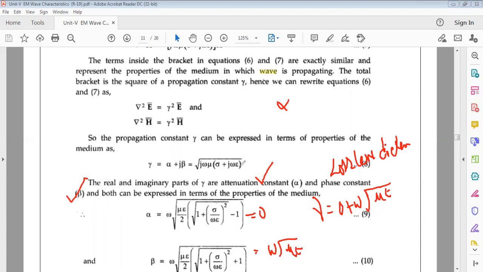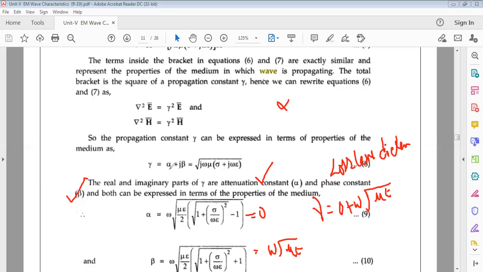And how did we get the alpha and beta? The real term and the imaginary term, the derivation part. We already saw alpha and beta for the transmission line. That is different. That was in terms of the parameters R, L, G and C. But here there is no R, L, G and C. That is a different propagation constant, alpha the attenuation constant and beta the phase constant. But now here the alpha is in terms of the parameters, the dielectric constant and